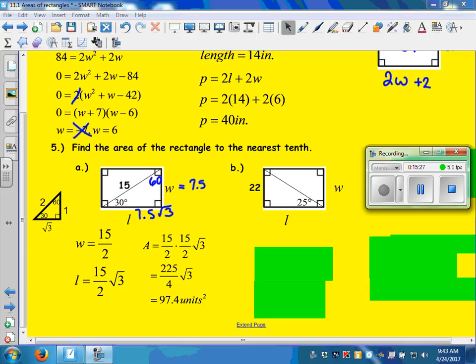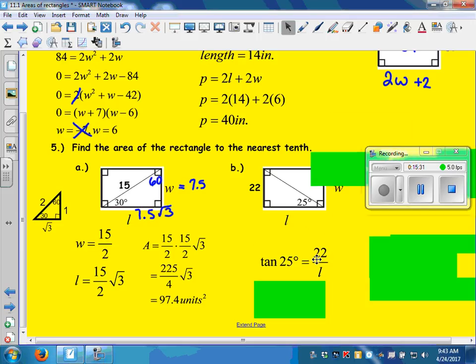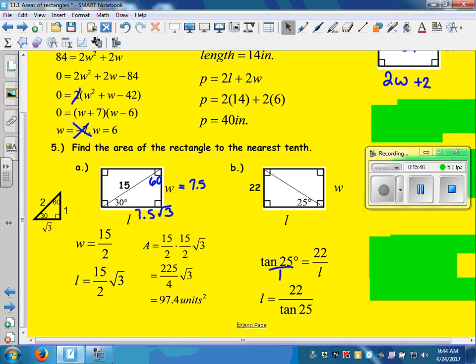You're going to use tangent of 25 equals opposite over adjacent. So tangent of 25 is 22 over L, and then you would go ahead and cross multiply. So you have L tan 25 equals 22, and divide by tan 25 on both sides. And then to calculate that,